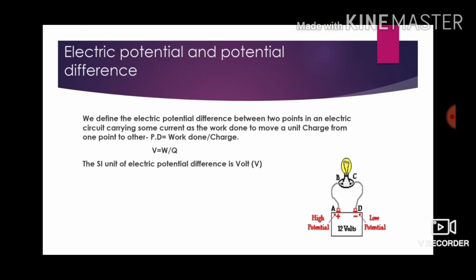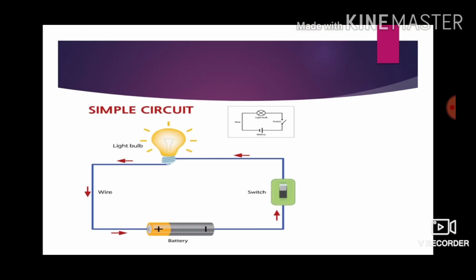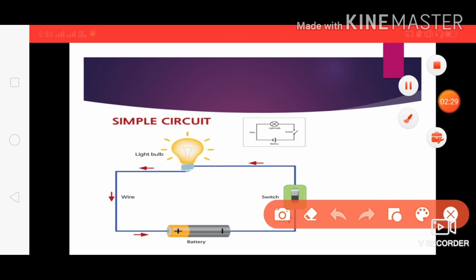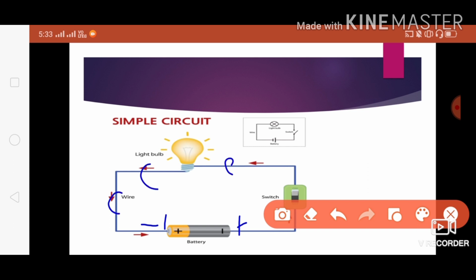I will explain that with this simple circuit. You can see here the battery. This is a positive and negative terminal. The positive terminal we call higher potential and the negative terminal we call lower potential. The electrons or charges are already present in the conductor. The battery doesn't produce electrons or charges. The battery only drives the electric current, or it pushes the charges to flow. So when the force is applied, the charges start flowing from higher potential to lower potential.